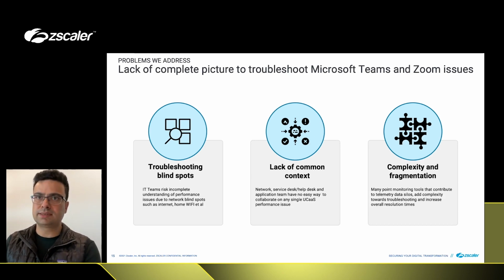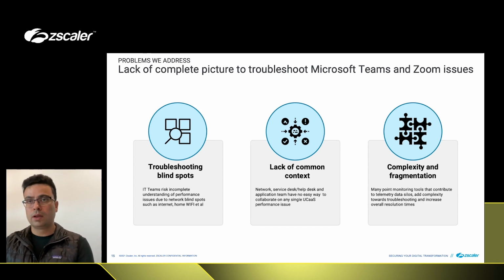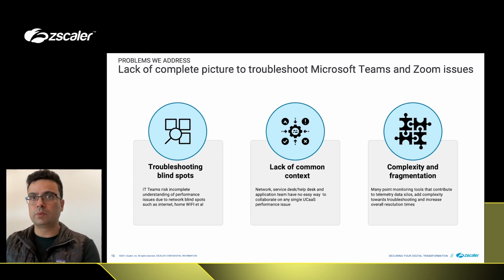They open a service desk ticket, and service desk people will take a look at what is potentially going wrong in terms of signals that are coming from, for example, laptop or desktop monitoring tools. They will pick up some telemetry from the network data path. And if they can't understand what's going wrong, they will go and talk to their Microsoft Teams admin, who will take a look at the call quality dashboard, or they will look at their Zoom metrics to figure out whether there was any problem on the application side.